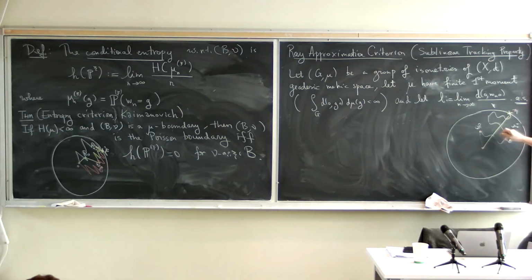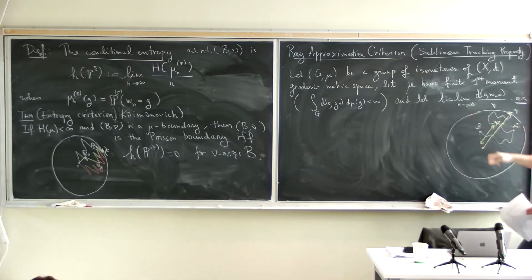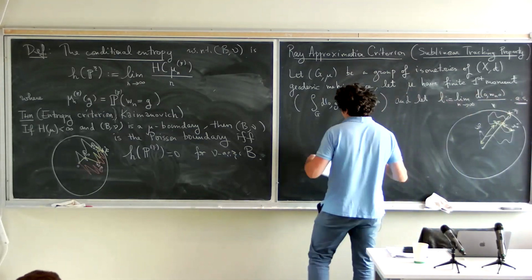Okay, after n steps, the drift is L. So roughly, I want to be at distance L times n from the origin, because L is the drift. So I pick a point along the geodesic at distance L times n. Now the question is, is this a good prediction of where the walk is? And this depends on the distance between the n-th step of the walk and the geodesic at time L times n. Okay? So we say